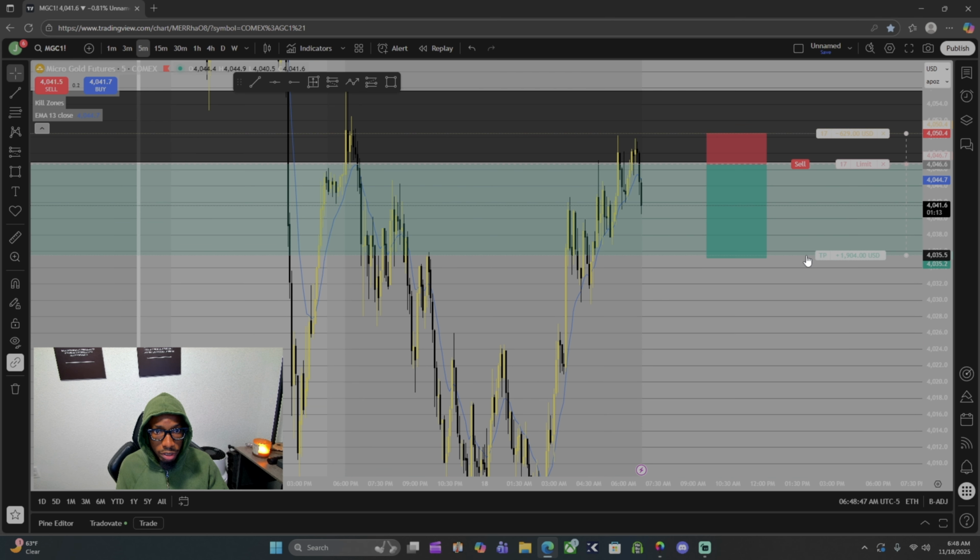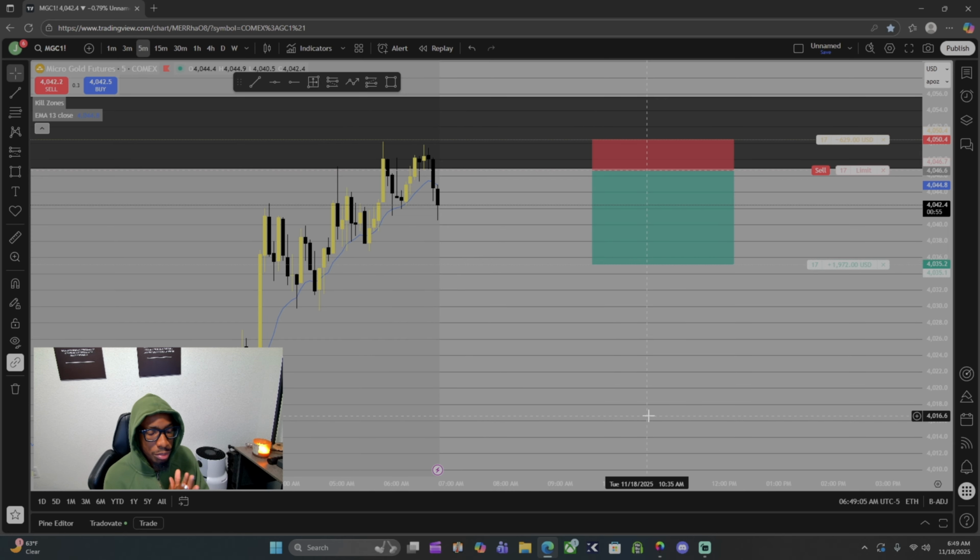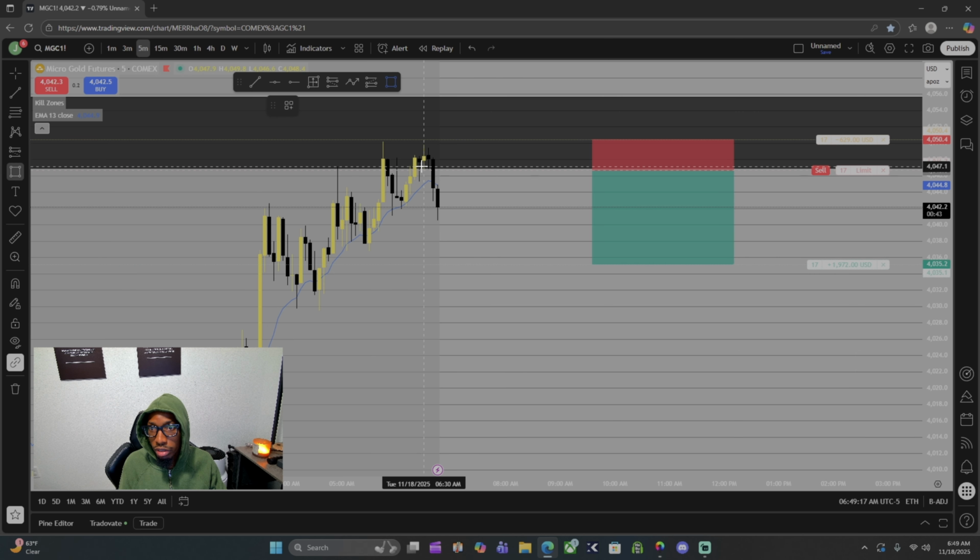That means our TP is 1900. But obviously, if we pass 1 to 3 and we continue to drop, I'm going to just move our stops to 1 to 3 and catch the rest of the move. But we shall see what actually happens at market open, because we have an hour. It's 6:49 and market opens at 8. So we have a little bit more than an hour to wait. So we're just going to come back and see if our setup is still here at 8.